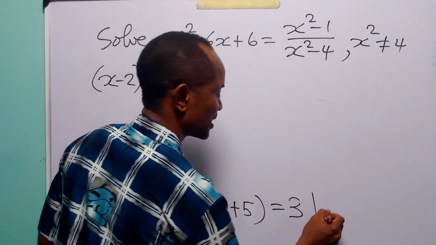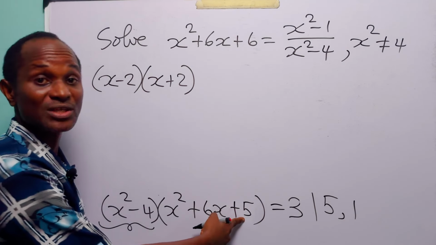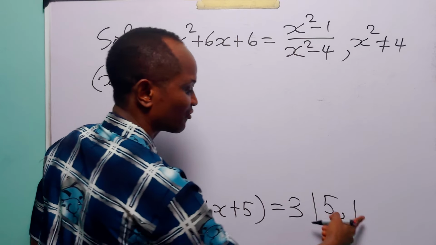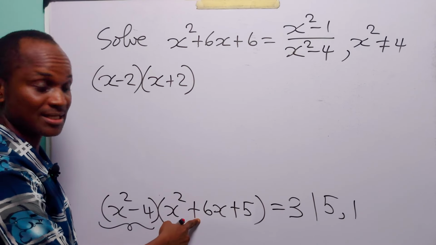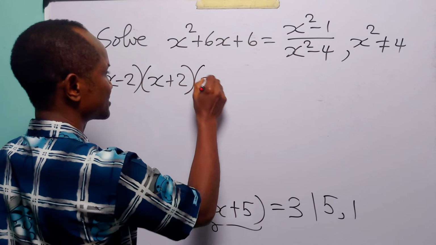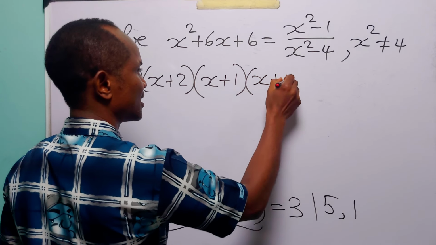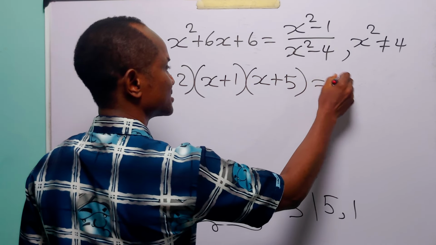And of course, we have 5 and 1 because 5 times 1 is going to give us 5, while 5 plus 1 is going to give us 6. So we can factorize this quadratic expression as (x plus 1) multiplied by (x plus 5),